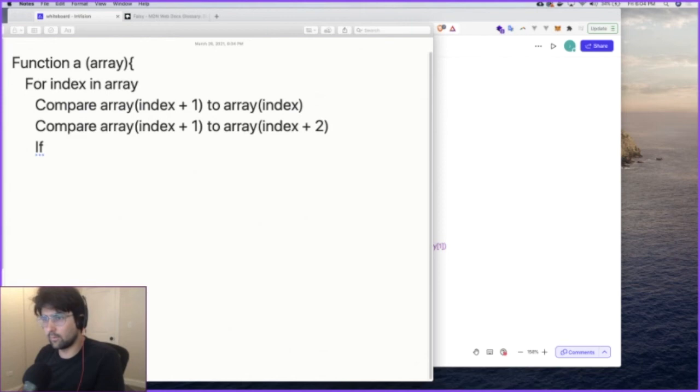Then if what two numbers? If index, so the first index, and the index plus 2. Oh yeah, if index is less than index plus 1,